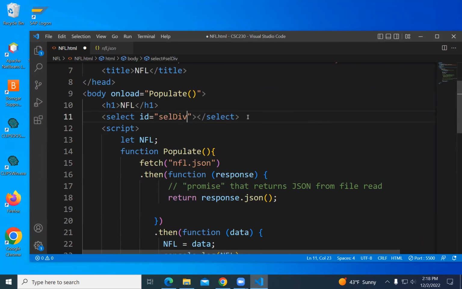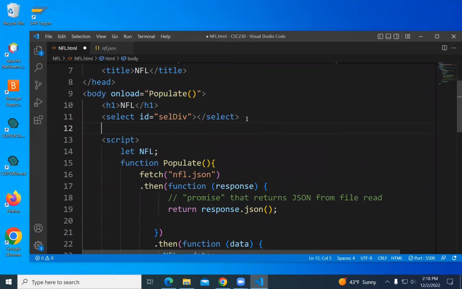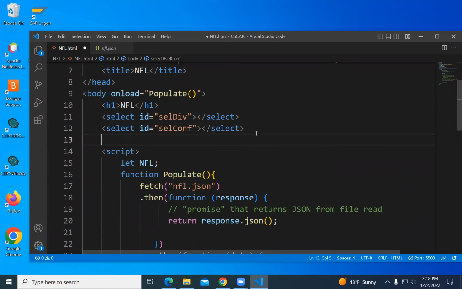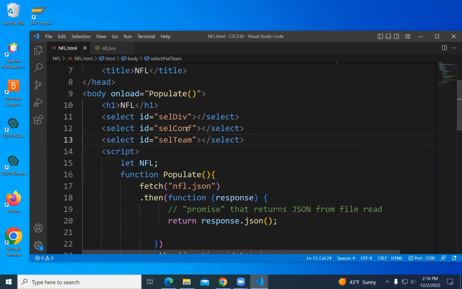Sel division. Sel conference. Sel team. So now I know that the options for them are NFC and AFC and East, North, South, West, but I'm going to pretend I don't know that, and I want to discover it from what's in the data.